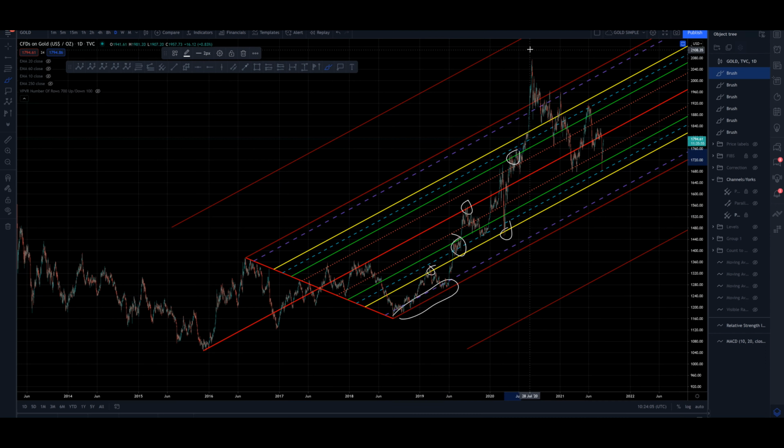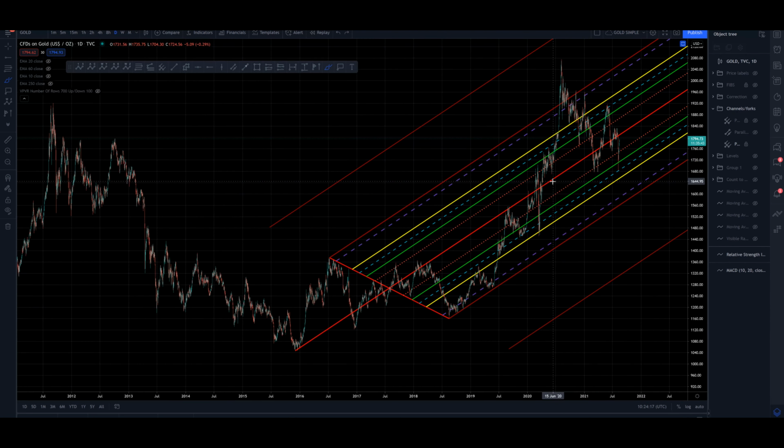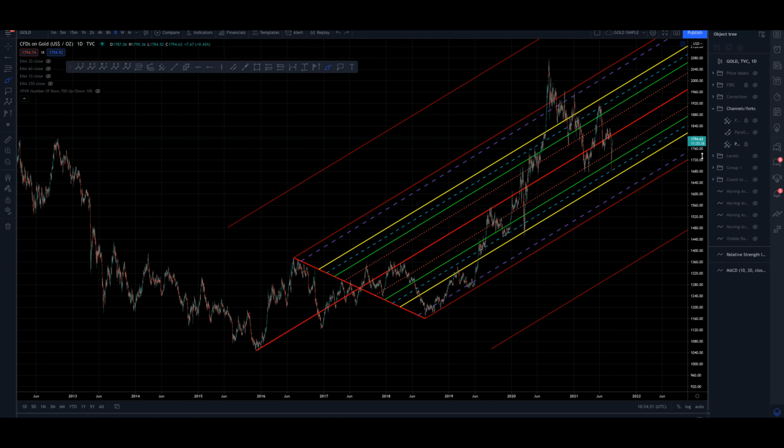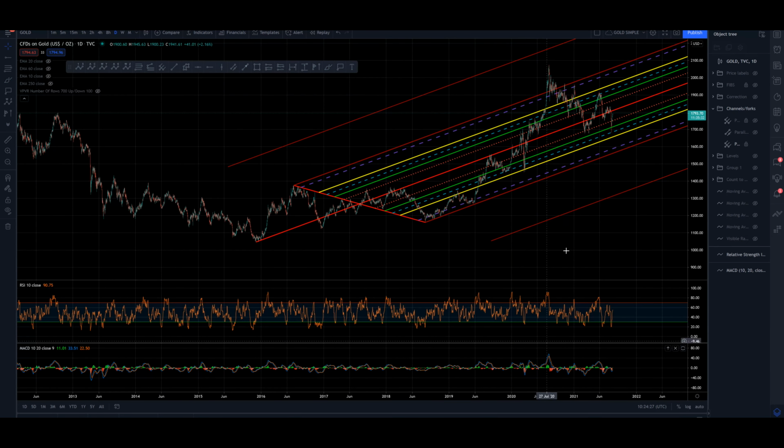Break out of the pitchfork, break down, and then hit straight to the 50 here, where we bounce. But you can find support and resistance looking at it in log or looking at it in linear, but it's definitely applicable in both ways. Now, in linear terms, if we just come off of the brush and bring apart indicators for a moment,